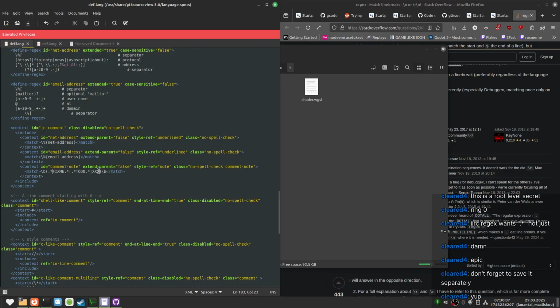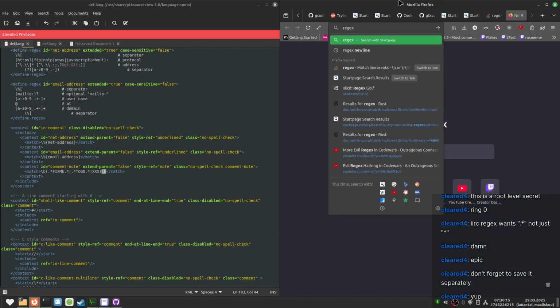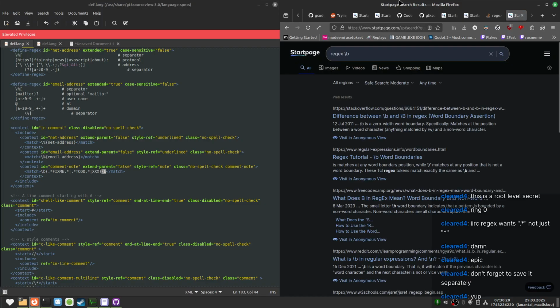Wait, what is the B here? I just noticed that. That's probably why the earlier match thing didn't work. Word boundary assertion. Okay. You know what, actually?